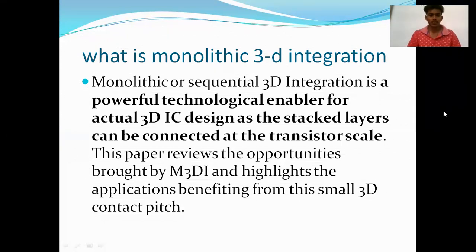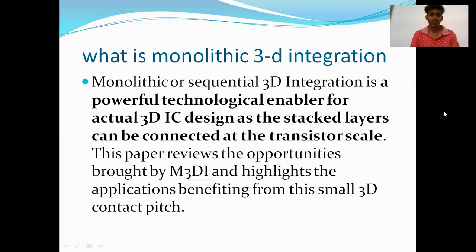This paper reviews the opportunity brought by M3DI and highlights the applications benefiting from this small 3D contact pitch. When we connect these transistor scales through 3D IC design, we